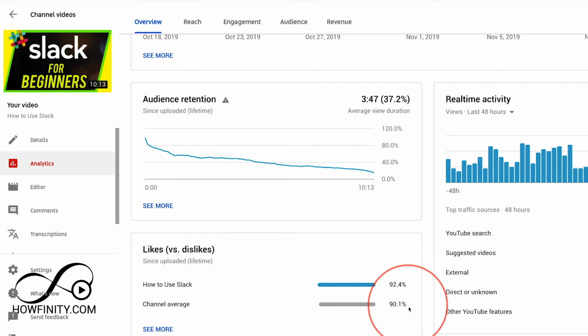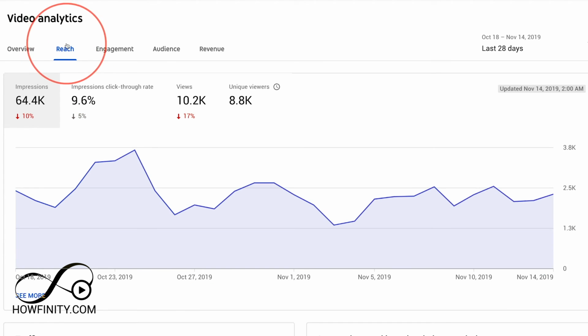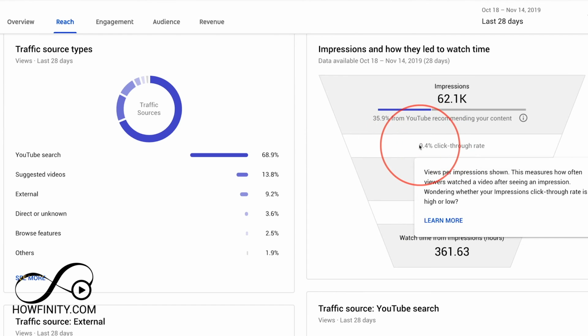I make a new version, but I really care about these numbers, and this basically shows you the quality of the video. Is your audience happy with the quality of the video? This is a good metric to look at here. And finally, the thing I already talked about, but if you go under reach and look at click-through rate, this